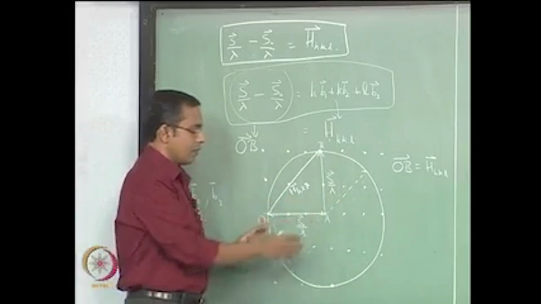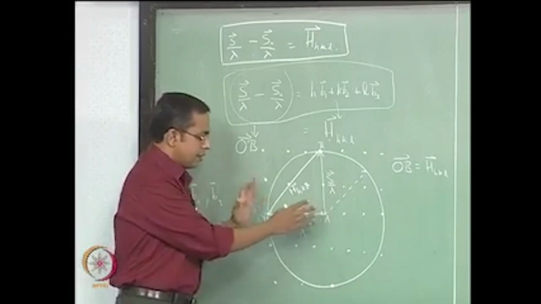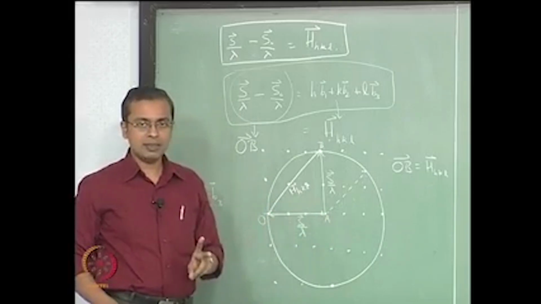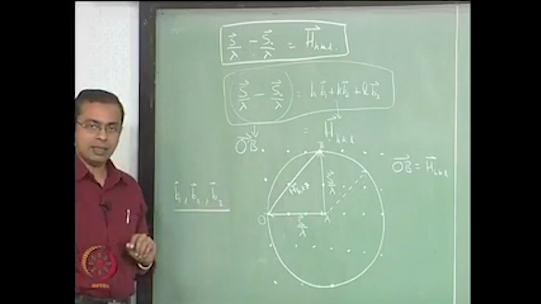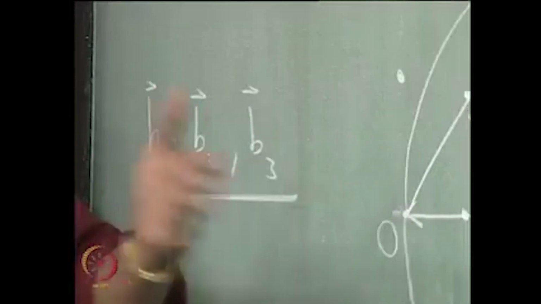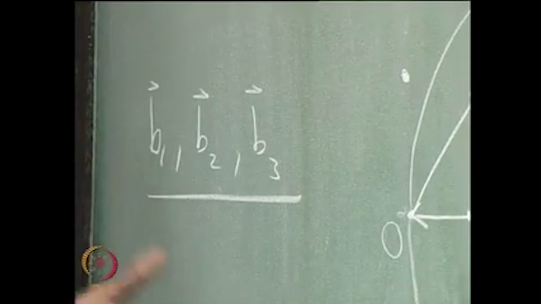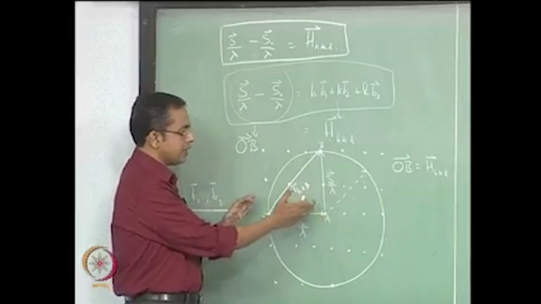When reciprocal space notation is used and it is actually drawn here, this is what you see. The figure I have drawn here is in 2 dimensions. So in fact when you see here we have a B1, B2 and B3. So actually this information can also be drawn in 3 dimensions. Okay, so when you draw it in 3 dimensions,